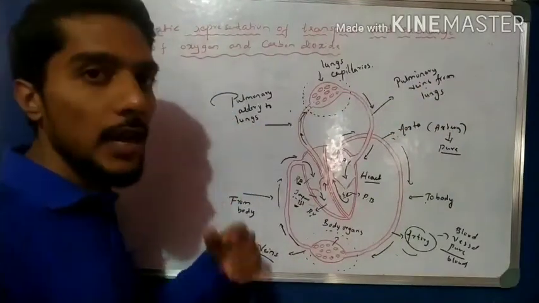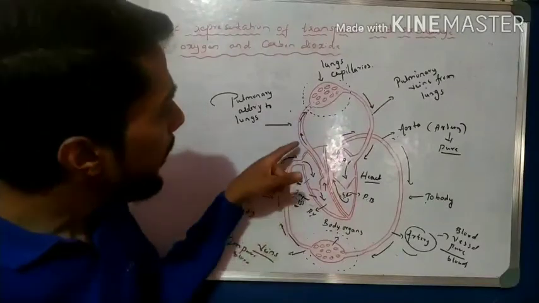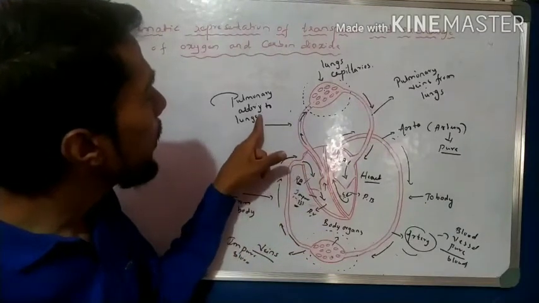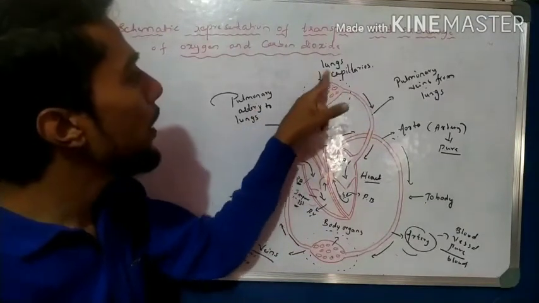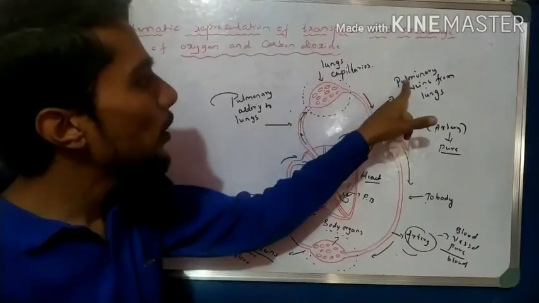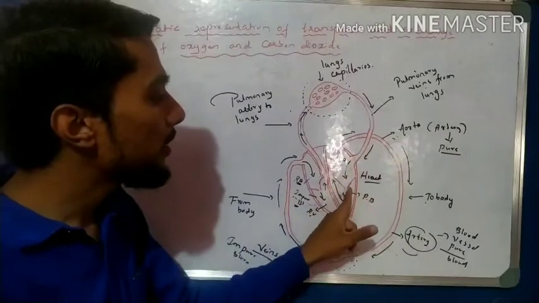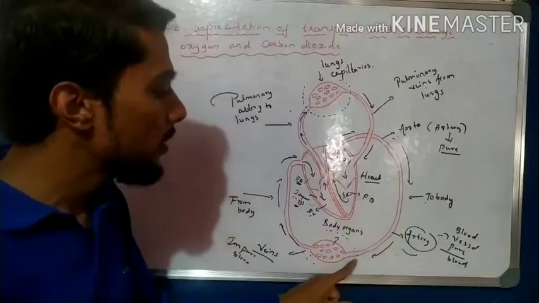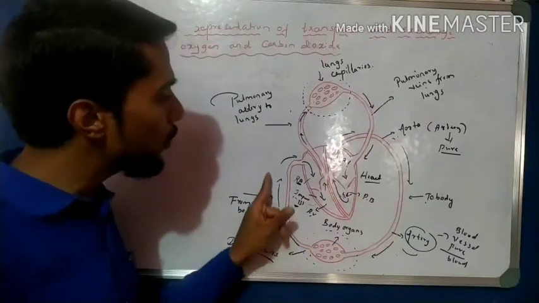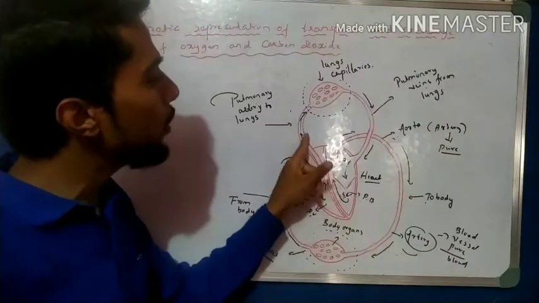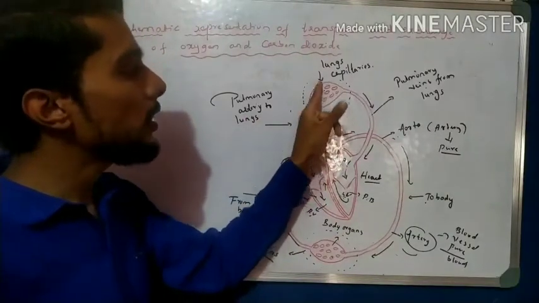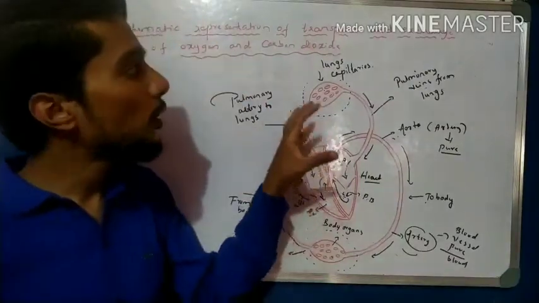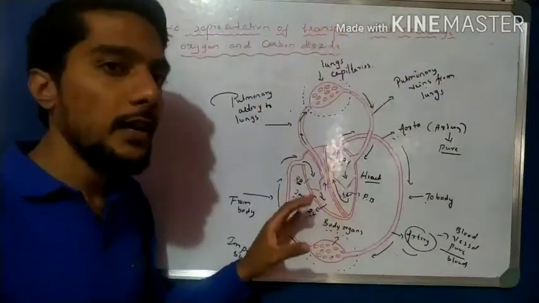We studied this in the last video. Okay, so here the impure blood from the RV goes through the pulmonary artery to the lungs, and in the lungs the deoxygenated blood is oxygenated, and with the help of the pulmonary veins it enters the heart. Again the cycle repeats, the LV pumps, then we get the aorta to body parts, then arteries, then deoxygenated blood returns through veins to the RA and RV, then is sent to the pulmonary artery, then the deoxygenated blood is oxygenated, and again the life process takes place. So that is the schematic representation of transport and exchange of oxygen and carbon dioxide.